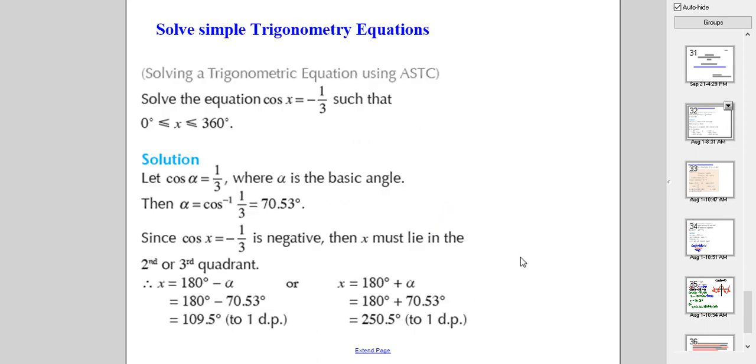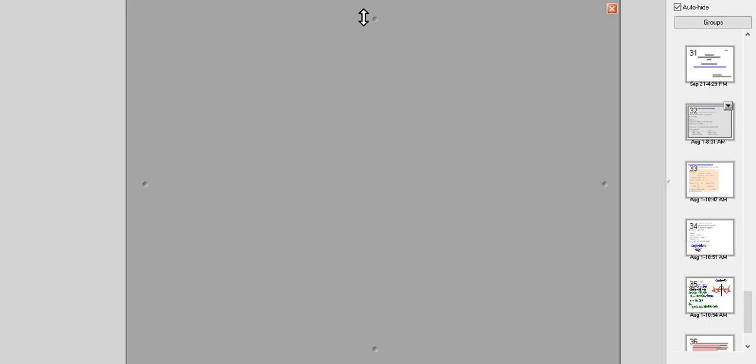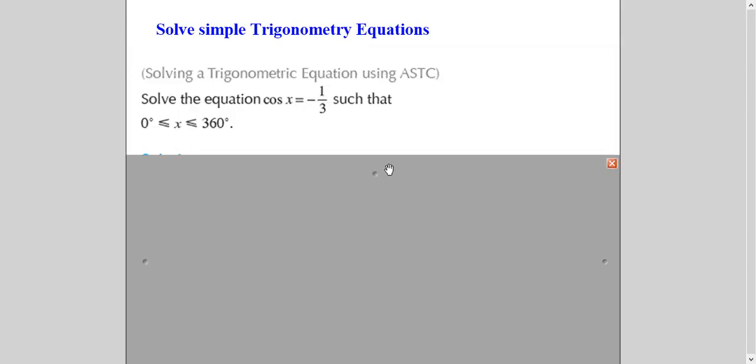So let's continue. Solving trigonometric equation. We have already seen in the previous video a few concepts which we will apply here now. The concept we have seen in the basic and general angle, which we will apply here now. I have to find out general angle such that between 0 to 360, the answer of which is -1/3.